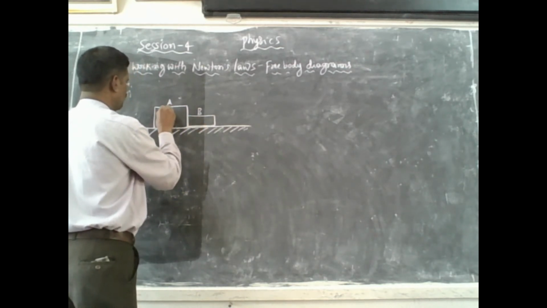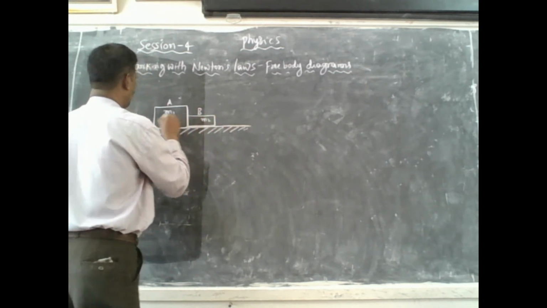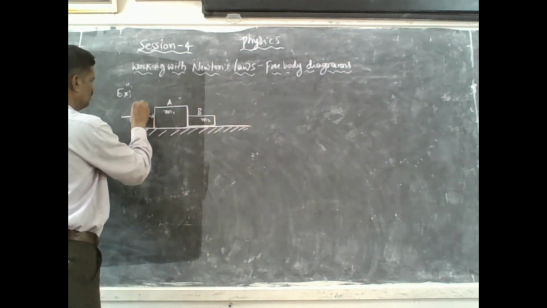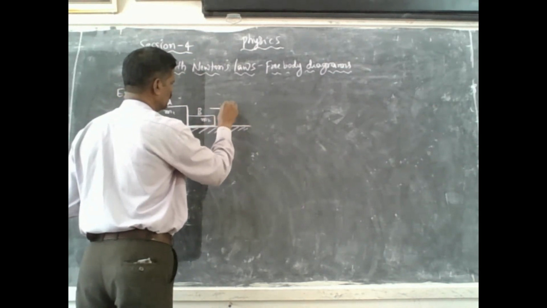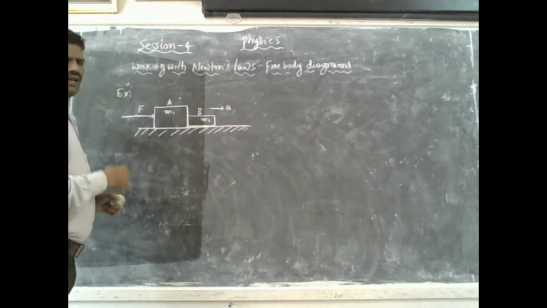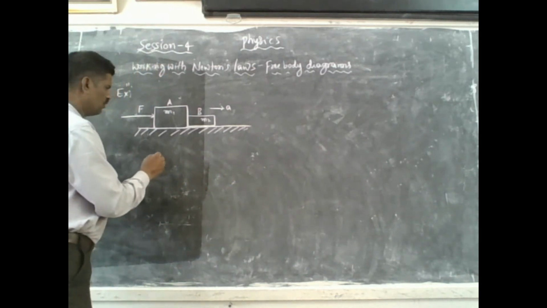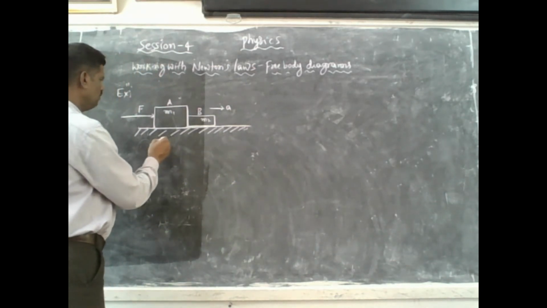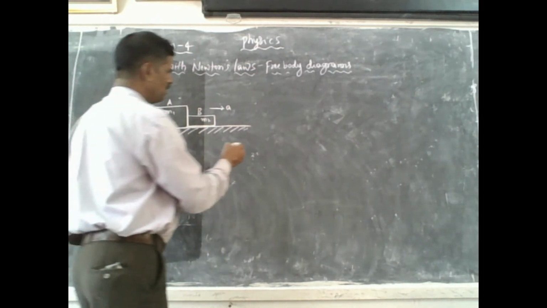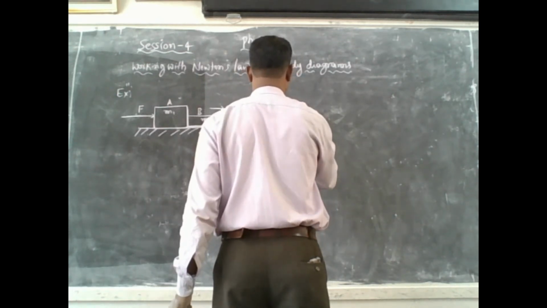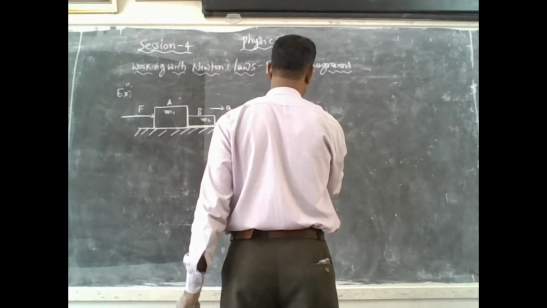And here is a mass M1, here is mass M2. And the force which is acting on the system, therefore it moves in right direction. Isn't it? So therefore, now here, according to free body diagram, we can write like this. The two bodies can be drawn like this.